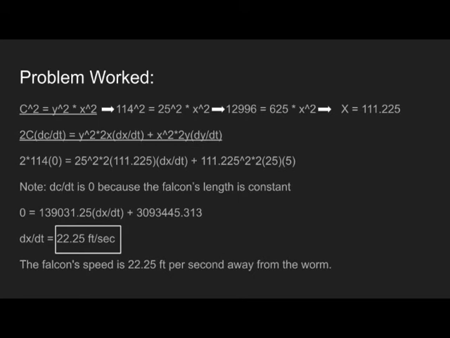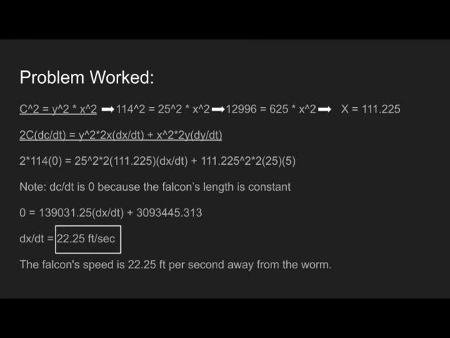So we take this number and we put it into the implicit formula we worked out in the first slide. Putting that number in addition to the constants that we know, c is 114, y is 25, and the derivative of y in relation to t, or the rate y changes, is 5. Using all of these formulas and plugging it into our equation, we get that 0, because our length remains constant, equals